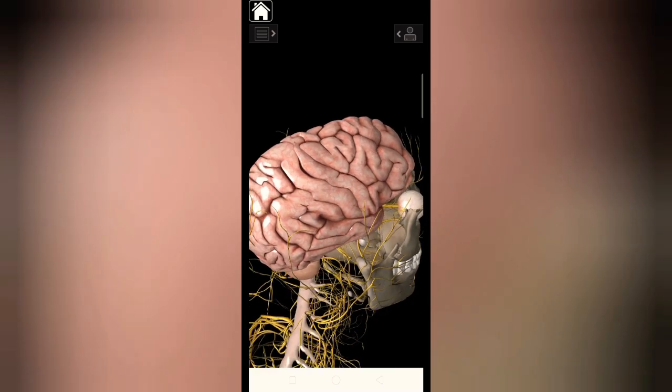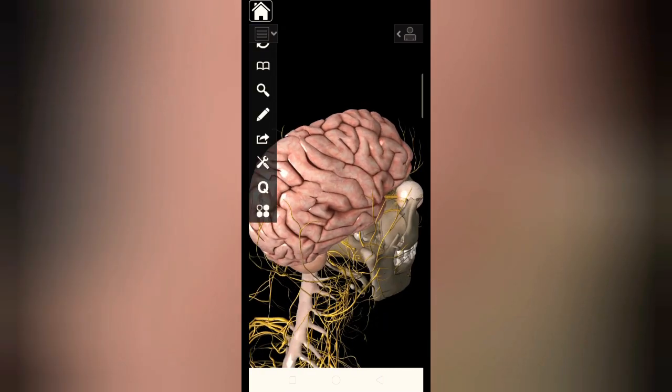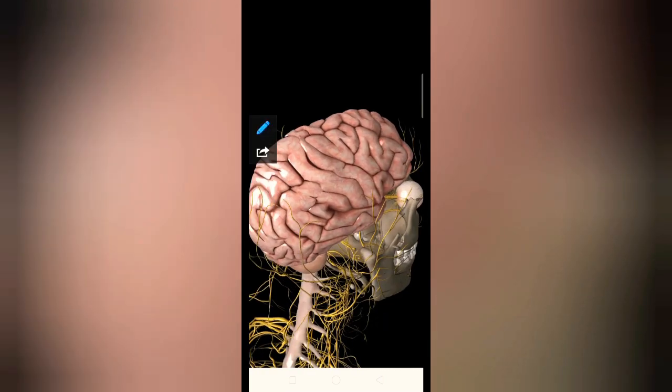The first thing to identify for the central sulcus is to remember that it is a primary sulcus. It means that it is exact in its location and exact in its number. It is one in number and its position is exact. So what we have to look for is its position: it starts at the superior medial border. This is the superior medial border of the brain. So central sulcus starts from the superior medial border of the brain.